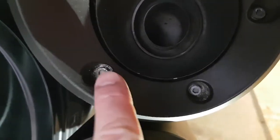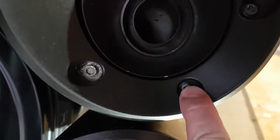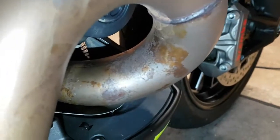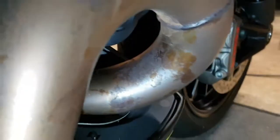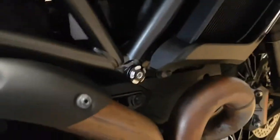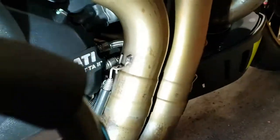You see the corrosion on these bolts. I don't know whether this is just sort of standard these days. That exhaust looks particularly gruesome, but then the exhaust never really was fantastic in the first place. You may recall when it arrived, I wasn't exactly thrilled with the quality of it. Oops, managed to turn the light out. So, apart from the